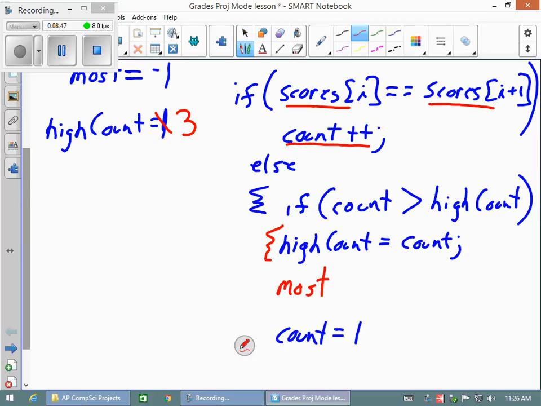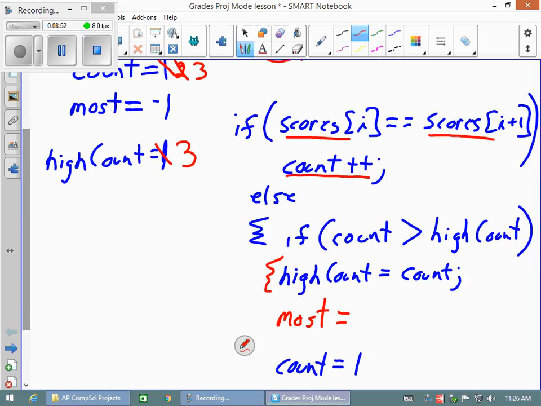Remember, originally we set most to be -1. Now we need most to become scores sub